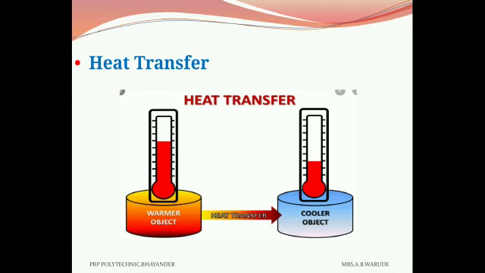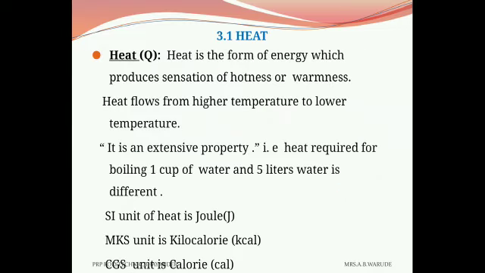Thermal energy is an internal energy associated with random motion of atoms and molecules within the object. And there is a transfer of energy from system to environment or vice versa depending on the temperature difference. The transferred energy is called heat and its symbol is capital Q. Now we see the definition of heat.